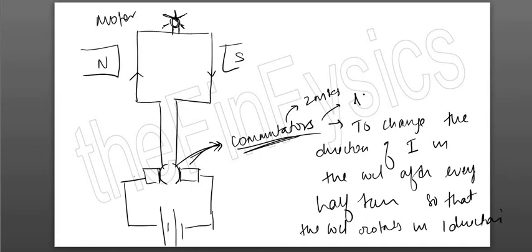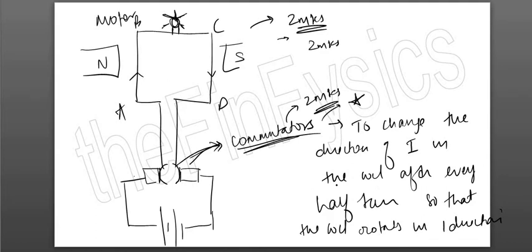Very important question. If they talk about the motor, they will tell you to draw the diagram of a motor for around 2 marks. They will tell you to find the direction of the force experienced by either this part of the motor AB or by this part, or both, for a maximum of 2 marks. Then they will ask you the role of the commutator for 2 marks, and the last question will be, how are you going to increase the turning effect?